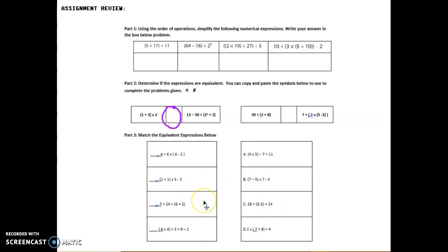This last section, part 3, you're going to match the equivalent expression below. So you would need to simplify all of these expressions down here, and you're going to find the same 4 answers over here as you find over here. So if you simplify through and you find the answer to number 1 is 2, and answer C is number 2, then you would just simply write C. So it's kind of a matching exercise, but the first thing that you do is simplify both of the sets of expressions and then match them up. If you have any questions or concerns, please reach out. Otherwise,